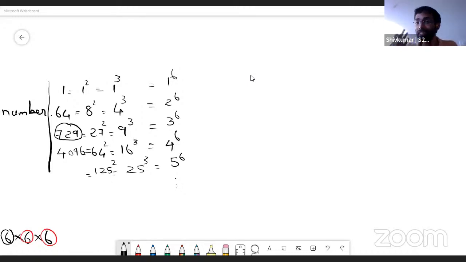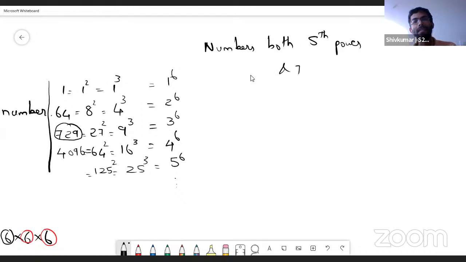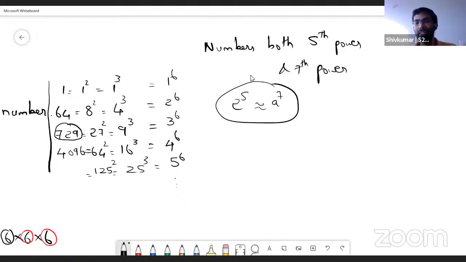So we can extend these questions, right? Now, can I find a number which is both a perfect cube as well as a perfect fifth power, or a perfect fifth power and a perfect seventh power, right? So numbers that are both fifth power and seventh power. So it should be like 2 power 5, and it should also be equal to some other a power 7, something like this. Is it possible? Right? So this is a whole class of problems, and I would encourage you to just think about it after the session. But for now we'll just pause with this exploration.